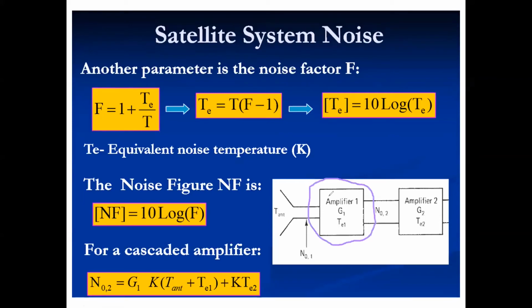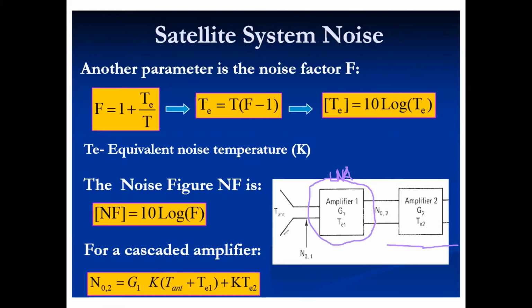The reason is that a low noise amplifier will itself have a low noise temperature as well as a high gain, which helps reduce the noise impact of the further stages. This is because the total noise temperature is nothing but the antenna, plus the equivalent noise temperature of the first stage, plus the second stage divided by the gain. So if this gain is higher, the impact of noise of the cascaded stages is reduced.